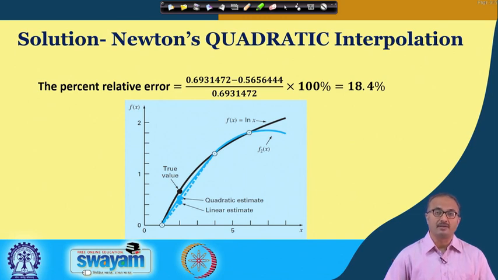But you must also understand that as you increase the degree of the polynomial for interpolation, you are also paying for it in calculation. So you have to be very cautious about whether you should go with a higher degree, or whether you should stay at a lower degree but keep shrinking the range for interpolation. This has to be decided on a case by case basis.